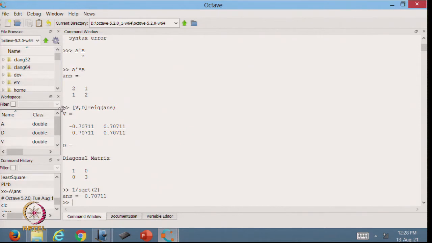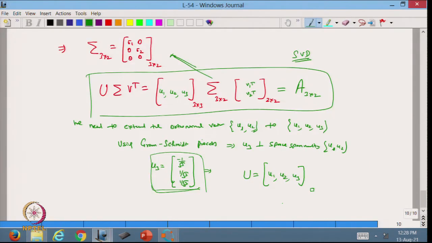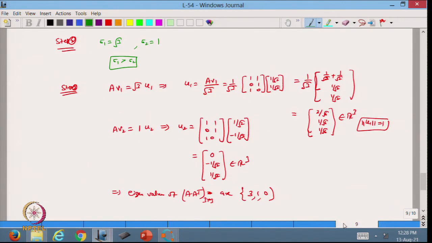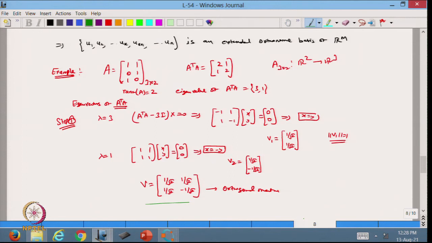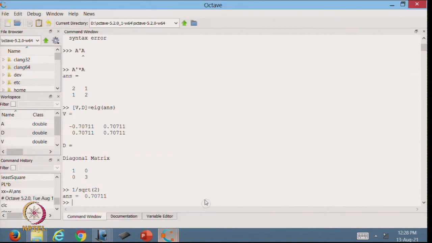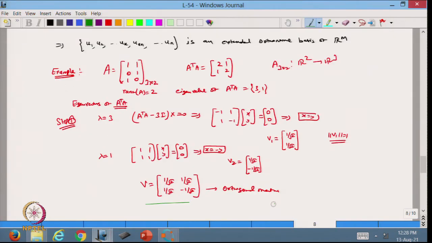So, this one we can take. The same thing we got, if you see from here, I got this value. Here for V2 we have taken a minus sign, but in this we got this minus sign and this one. That does not matter, so we can also take a minus sign here. Okay, so this way we can find it out.